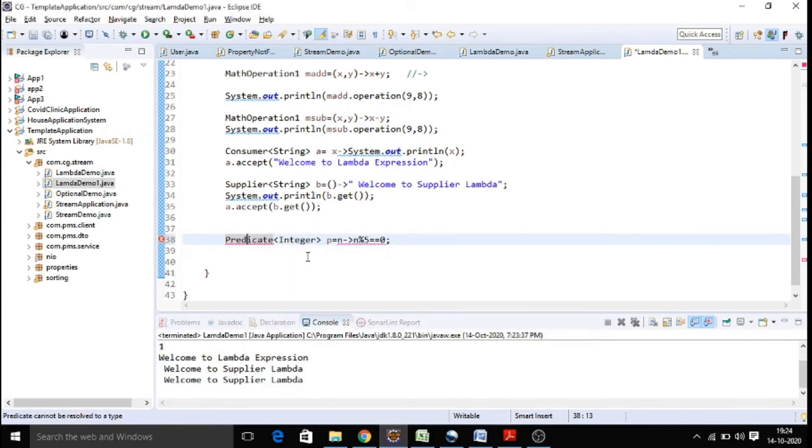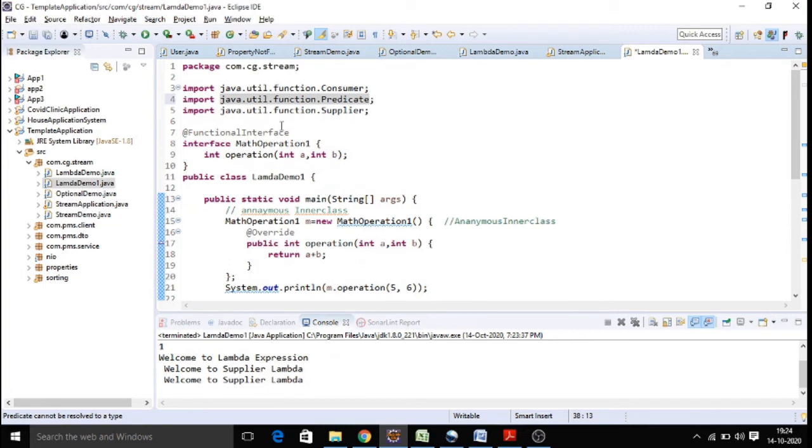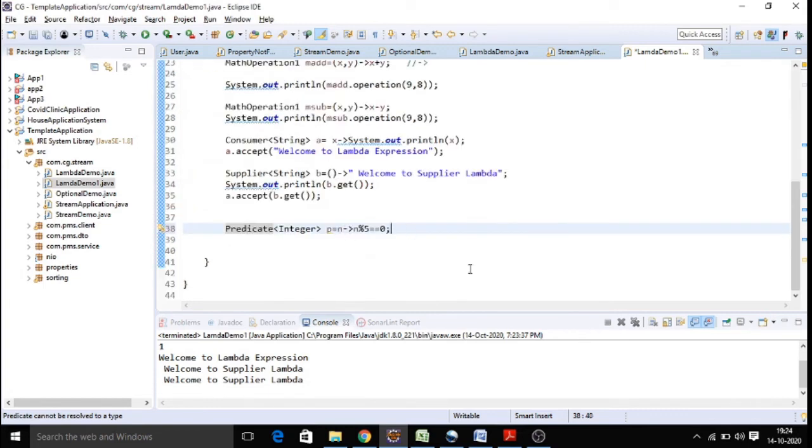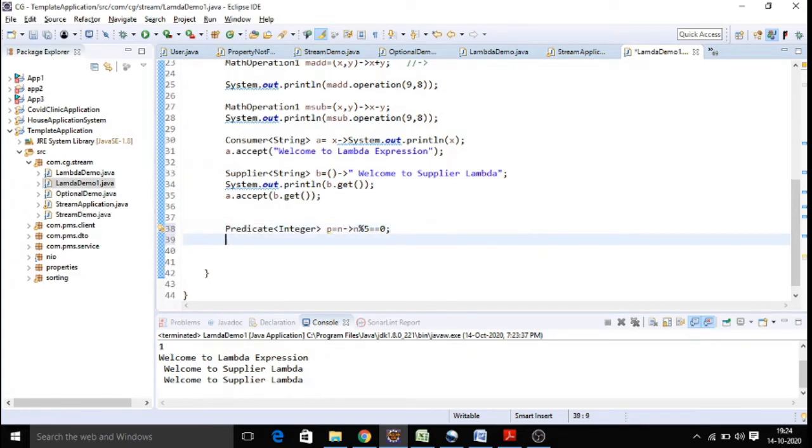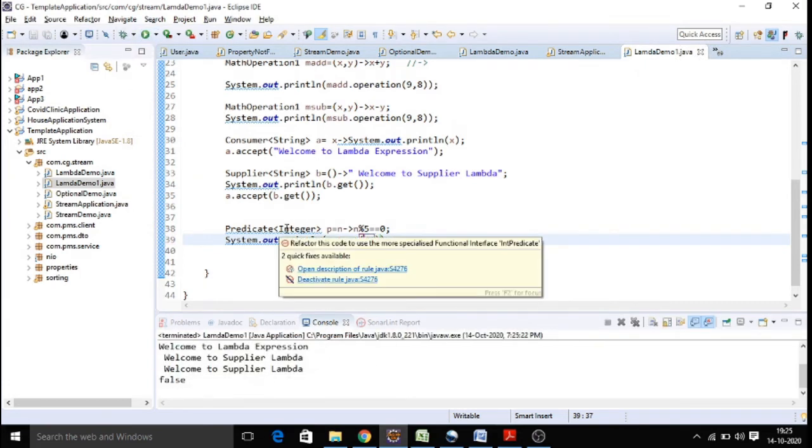These all come from the util package, with a function. So Predicate, Supplier, Consumer are all predefined functional interfaces. Here we want to test whether the predicate passes or not. You can see how we pass it: we need to use the test function. Test of a number. Let us say I am passing a number as input to test that condition. If 40 is divisible by 5, it says true, otherwise no. Suppose I change the number and check once again with the predicate. So this is how you can construct predicates.